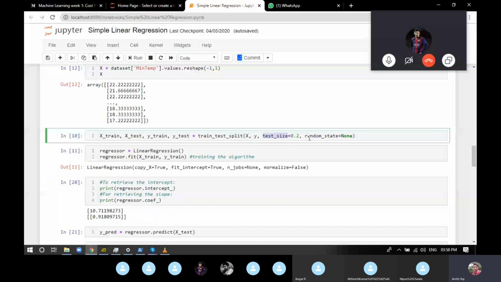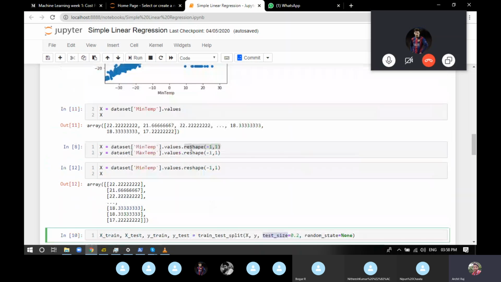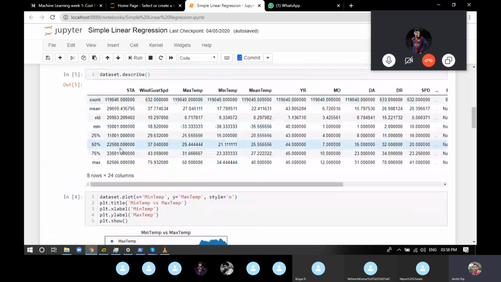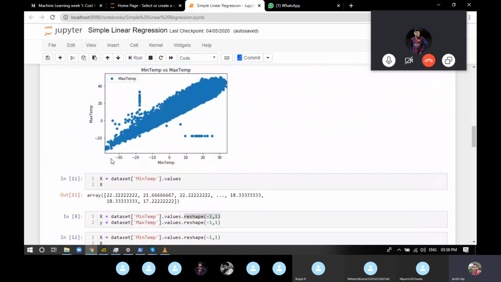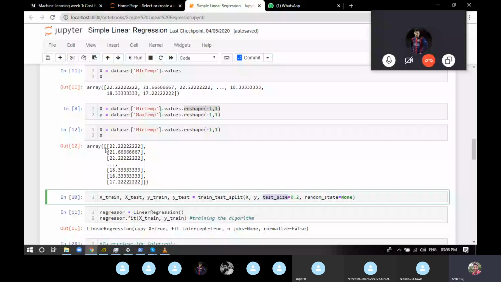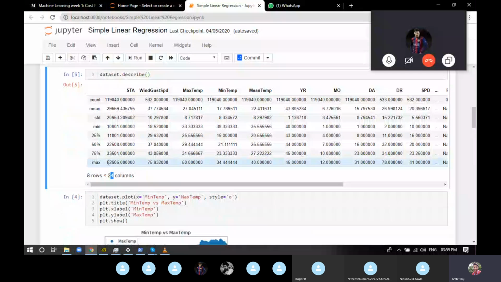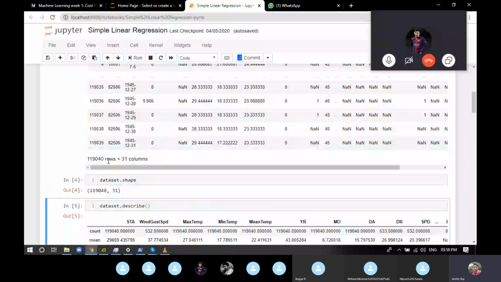What will random state as none do? Because we can do one thing: just copy all the data. You have 1,19,000 rows. So you can just find what is 80% and keep the first lakh rows to train on, and the next 19,000 will not be trained on. Even that's fine, but there can be a chance that the data is clubbed together, like similar data are together. So what we do is we set random state as none.